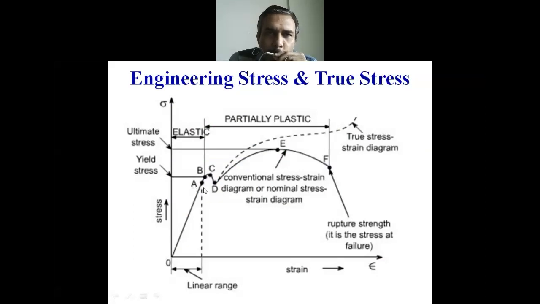Yes, here you'll find point A is almost called the linear range or proportional limit, and thereafter at point, can you see this slide, everyone? Yes, sir. Okay, so up to this, that is the yield stress, we get it within this, it is acceptable. I mean, up to point A it is the proportional limit, what you call the lower yield point.